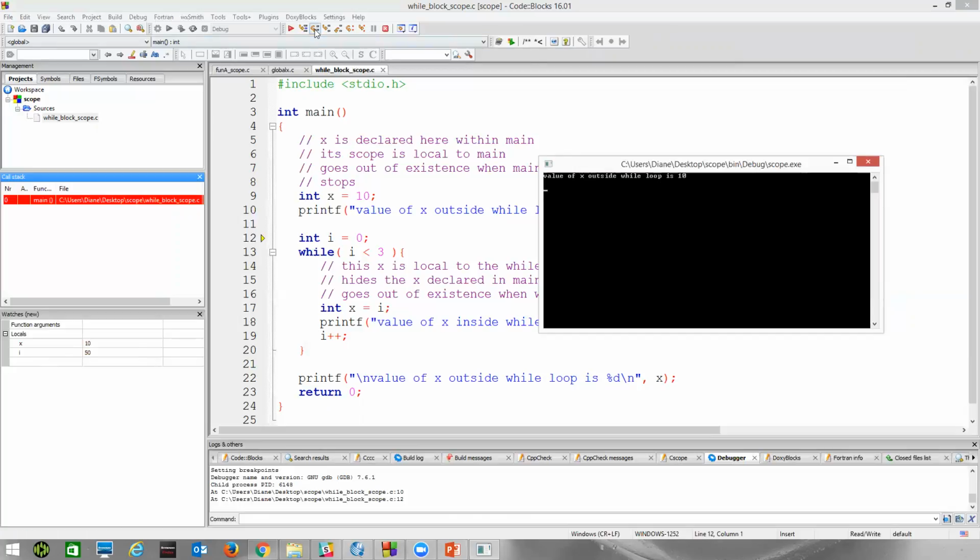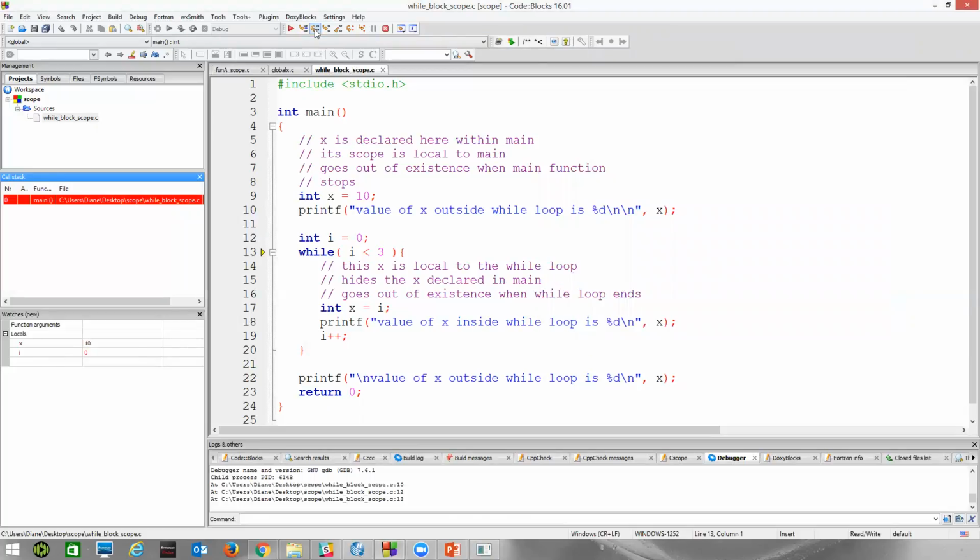So next line, we'll set I equal to 0. We'll perform this test. It will be true. 0 is less than 3. So we come in here, and now then this local X that's local to this function should be equal to I. All right. So the debugger is not showing me that X without me adding it, right? It's still showing me the X that's out here in main. This X I just added is local to this block, right? It has a value of 0 because I has 0 and we assign that to X.